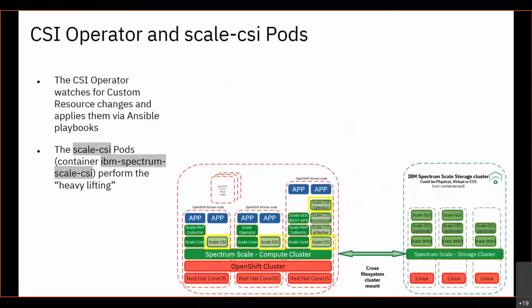And then for the CSI part of the story here, the CSI operator is actually doing all the reconciliation of state changes and is running Ansible playbooks. So if you're into Ansible, you might be able to read what's going on there. And then the next place to look is actually the Scale CSI pods, which are the real heavy lifting piece of the CSI driver, and especially because the Scale CSI pods hold 2 containers, you need to look